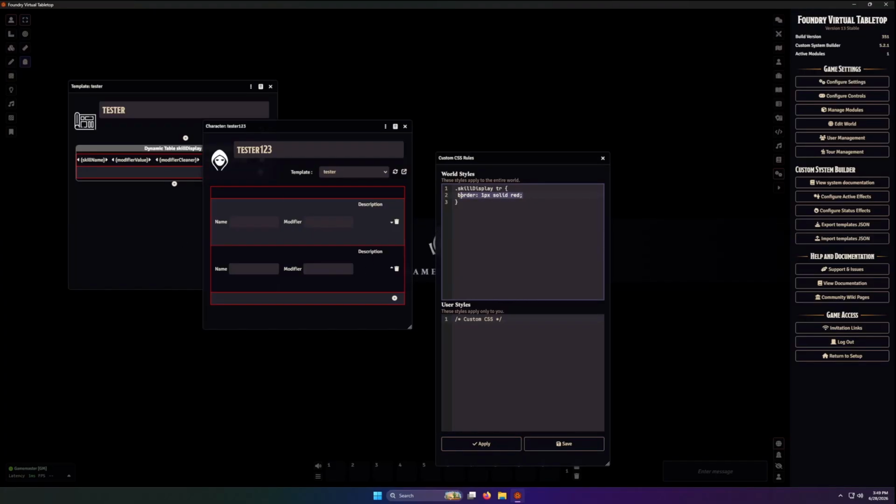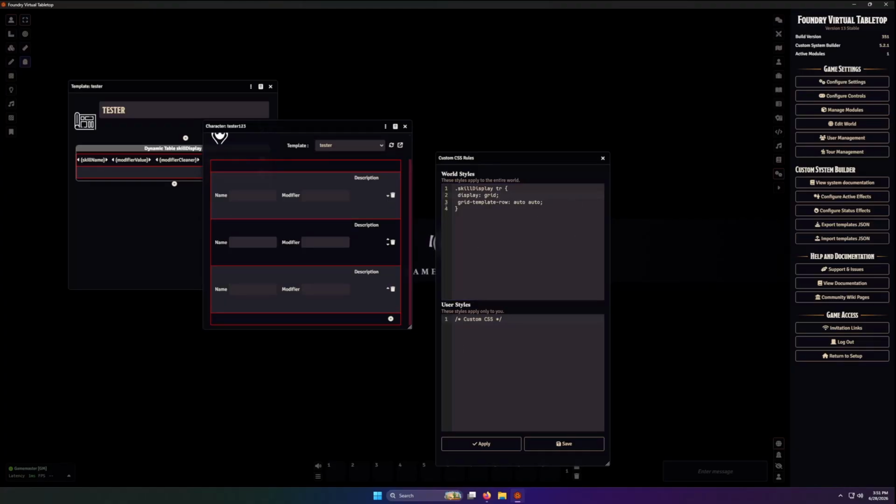And I'm going to say display: grid. I'm also going to say grid-template-rows: auto. And what this means is for our entire grid, each row is going to be automatically decided for the width. So we don't have to worry about placing it. And the reason we had to type this out twice is because we want 2 rows in our dynamic table. And so the reason we do auto, because there's 2 rows,